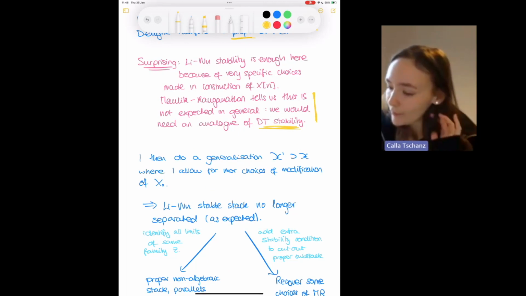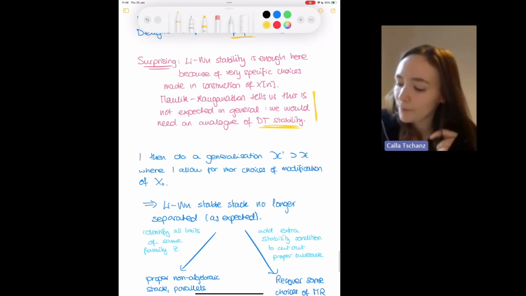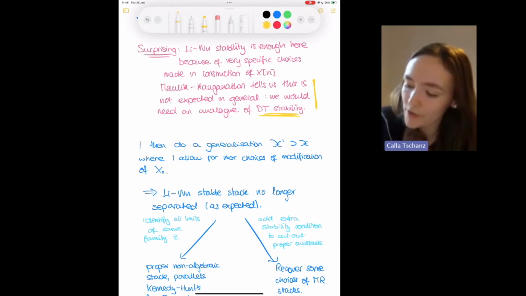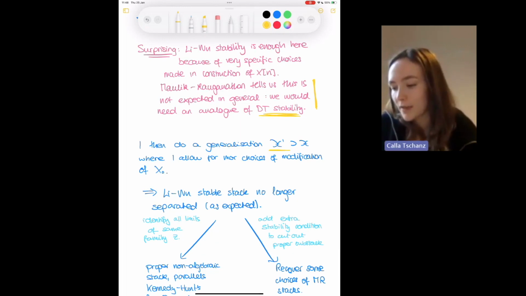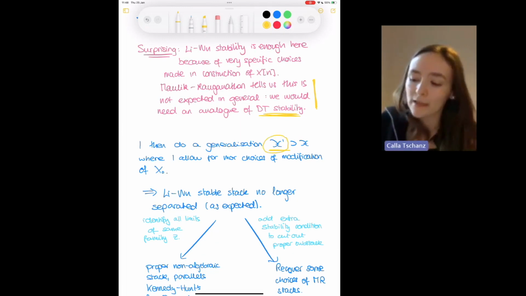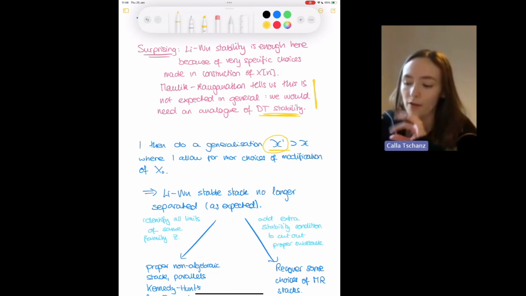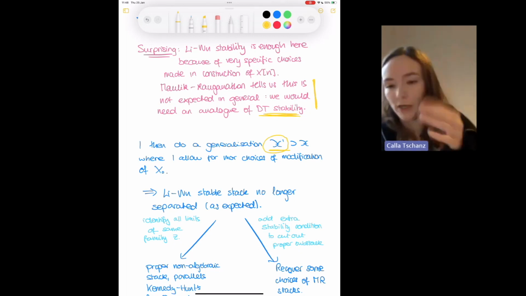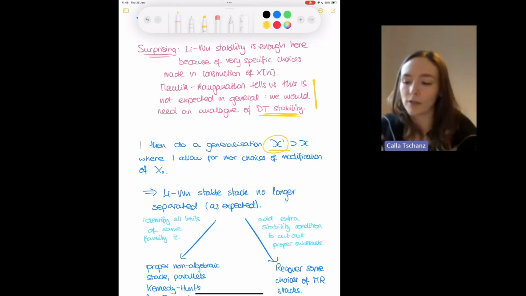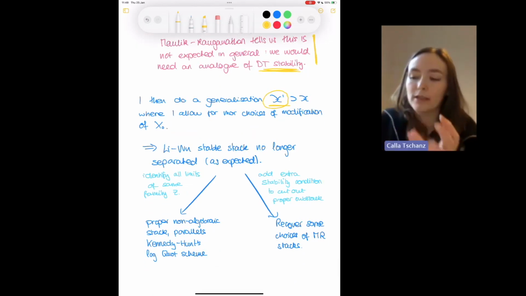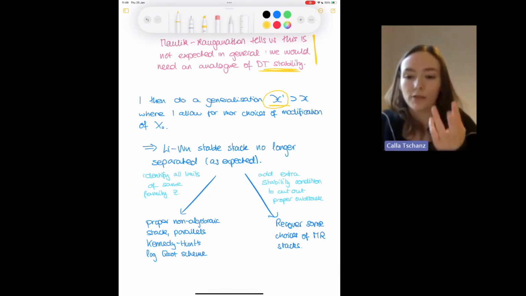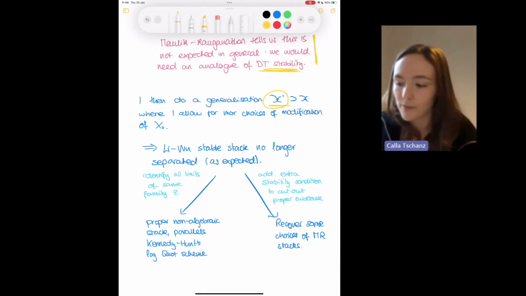So then I explored taking a larger stack X dash, which contains our original stack X as a substack. And with this larger stack, you're just allowing more choices of modification of X0 to live in there. So I'm just throwing in some extra modifications, and then seeing what the possible limits of all the families are if I allow for more stuff. Clearly here I've thrown in extra modifications. That throws in extra limits to all my families of length m zero-dimensional subschemes.